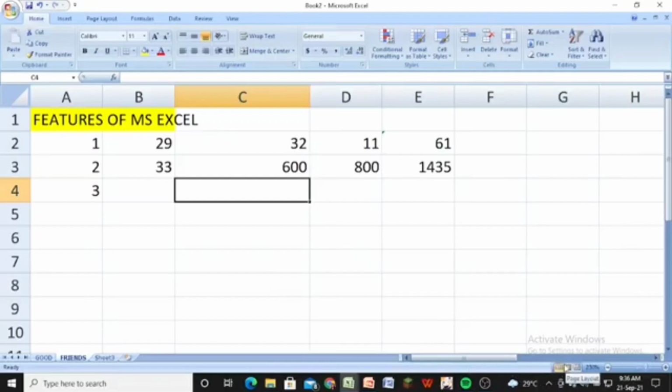Right now, children, this was about the features of MS Excel. I hope you all